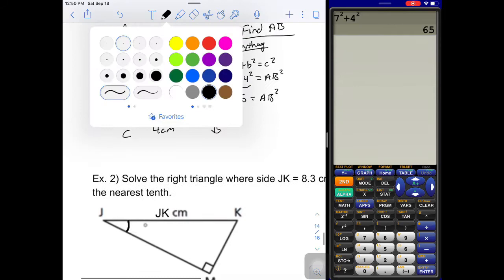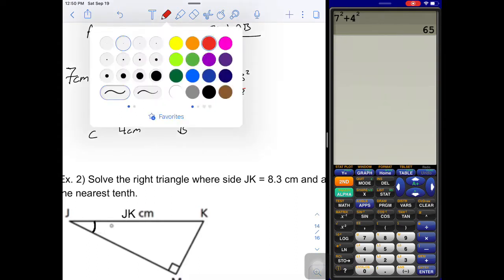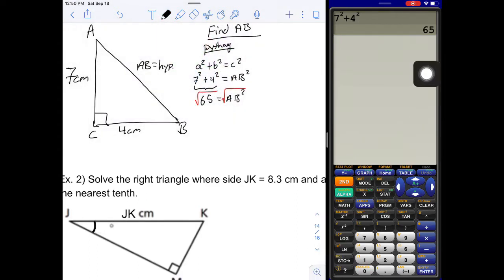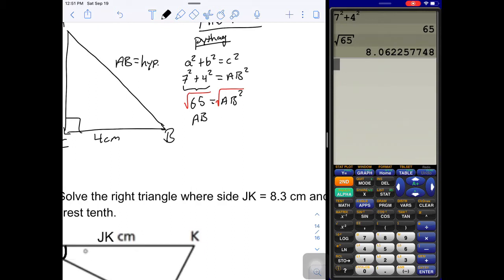Now remember, when something is being squared, in order to find the root of it, we got to square root both sides. So we're going to square root both sides. How do I square root 65? If you look back at your x squared button, in yellow, right above it, has a little square root button. How do I get to the yellow buttons? I press second, which is the yellow button, and now I have activated all the yellow writing. So I'm going to press the square root here and then plug in 65. And that gives me AB equaling